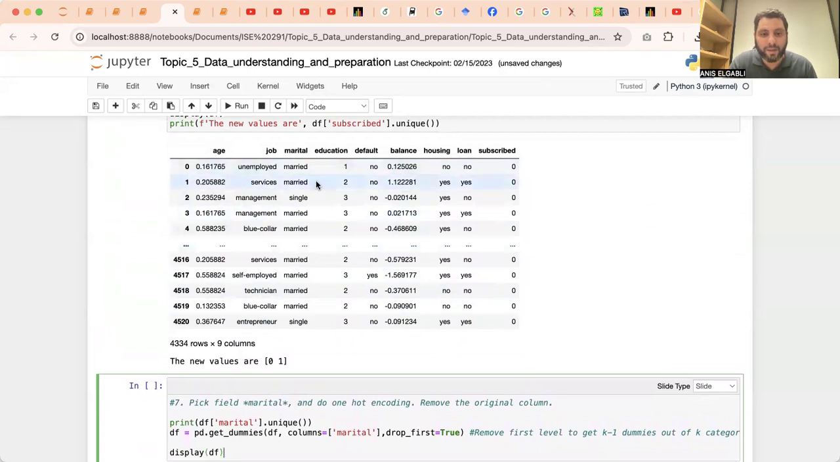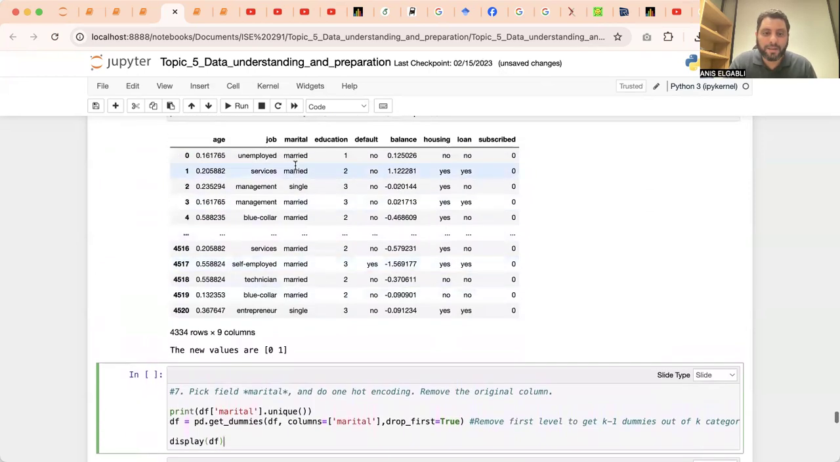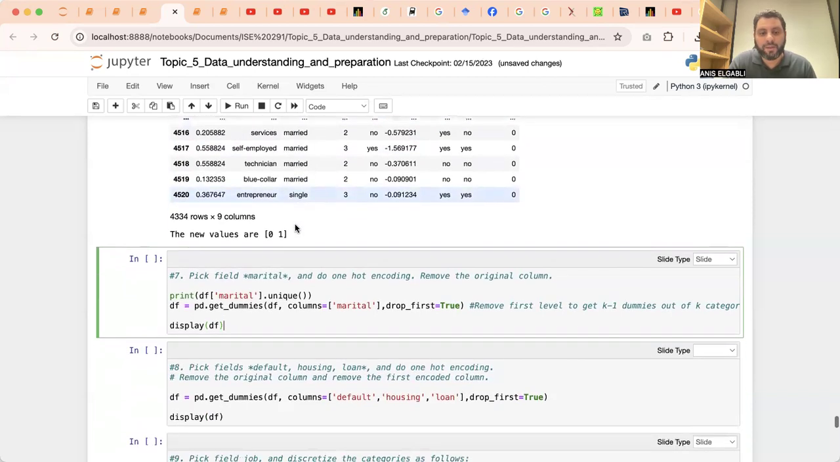But actually before that, I forgot one thing here, marital status. Now marital status is a categorical attribute, but there's no order here. Married, single, and divorced, there's no order there. If there's no order and the number of categories is greater than 2, then we need to do one-hot encoding. We do one-hot encoding by calling the function getDummies. We pass this column here, marital, and we drop the first